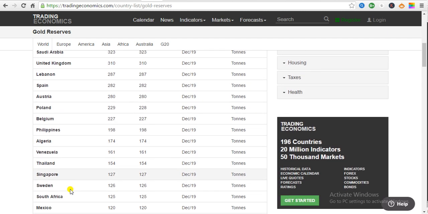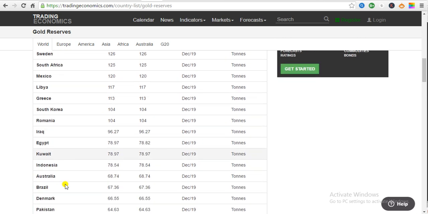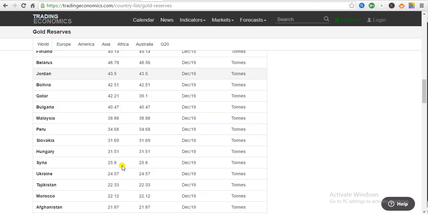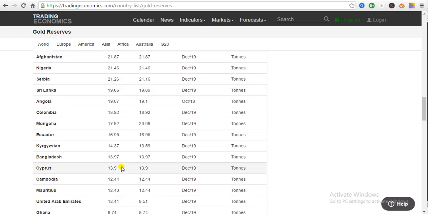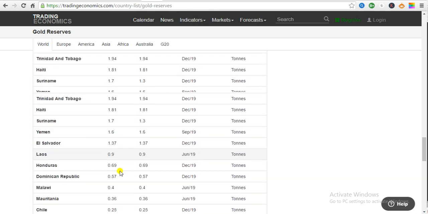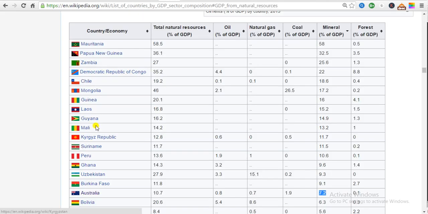Australia, UK, Lebanon, Spain, Austria, Poland, Algeria, Singapore, South Australia, 68 tons of gold. All right, Indonesia has a lot of gold. Egypt does. Libya does. So all of these countries need to build their gold reserves. But in any case, what is showing us is the fact that